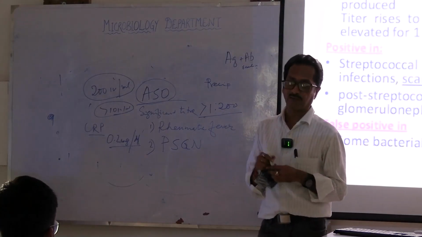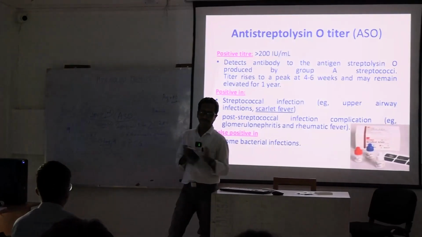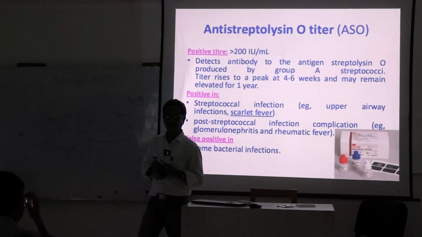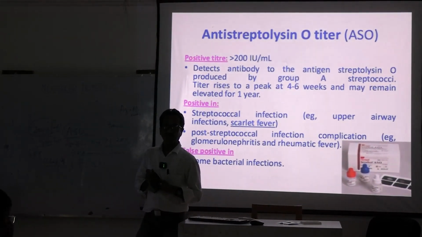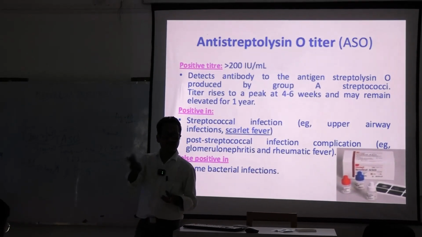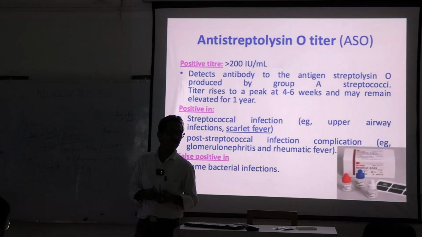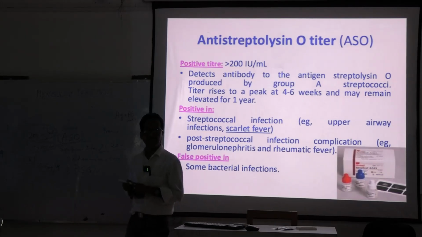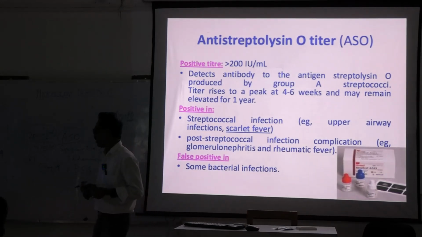It is a positive acute phase reactant. What is C? Not C-terminal. C polysaccharide of what? CRP, all of you have heard the name of CRP. What is CRP? C carbohydrate of what? It is a non-specific acute phase reactant. It is the C carbohydrate of pneumococcus, Streptococcus pneumoniae. CRP is the C carbohydrate of pneumococcus.